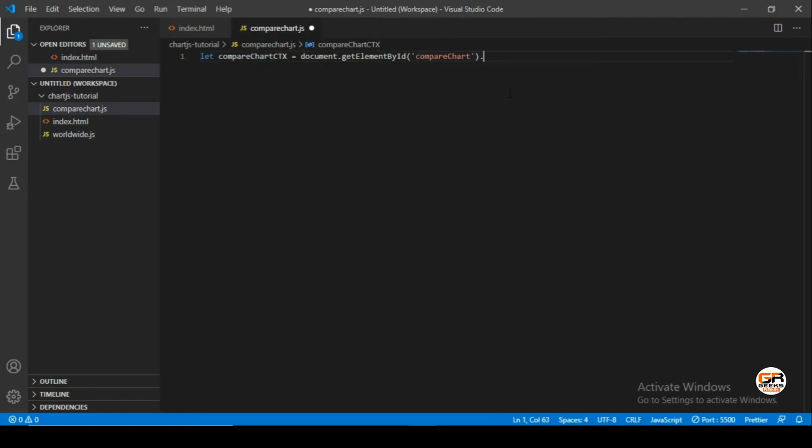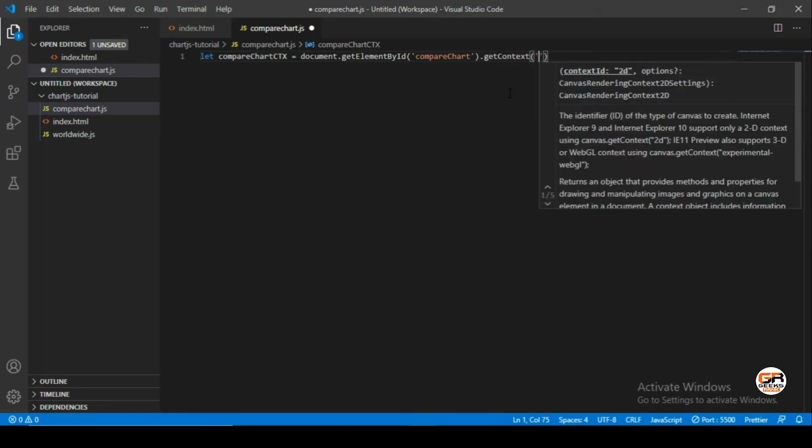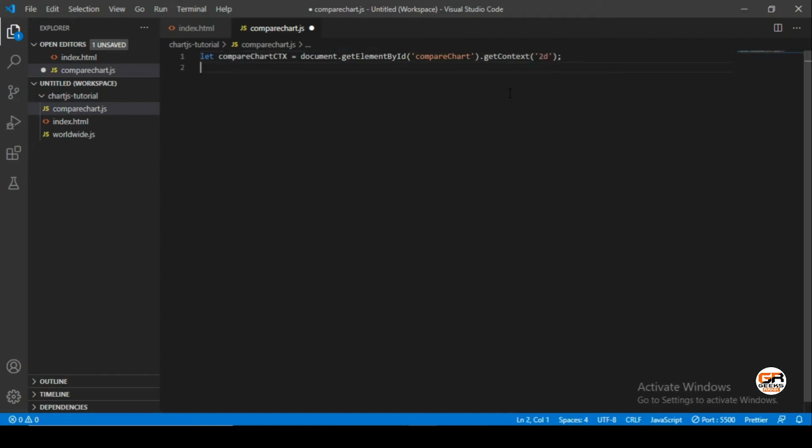And again it will be the 2d type, getContext 2d.